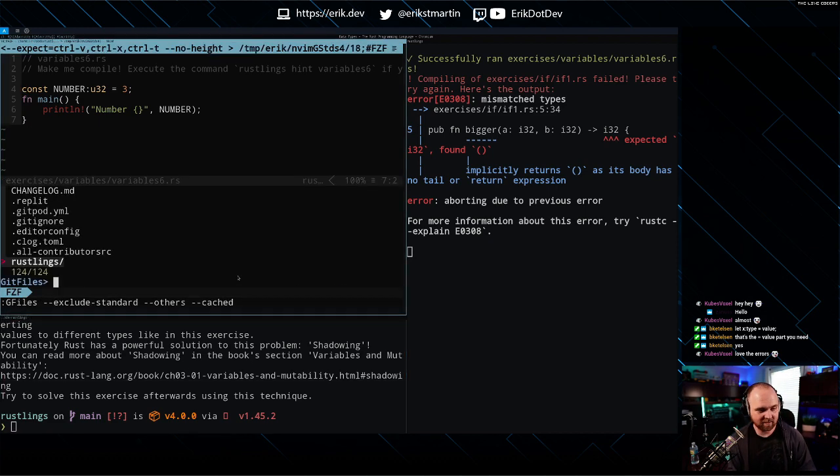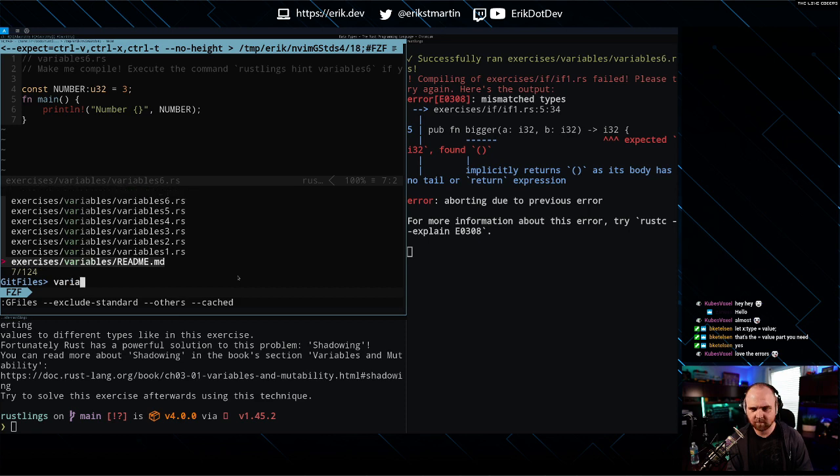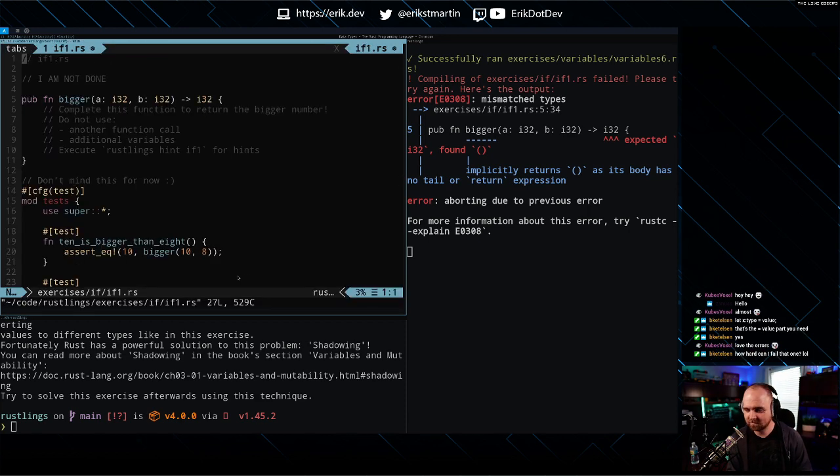Okay, let's check this out. R7. Right? Oh no, it's if one. I'm already failing. I thought I'd get through the basic variable stuff like that, but I didn't do Rust that long, and it's been a little bit, so it's only natural. I'll start remembering some of these as we get through.